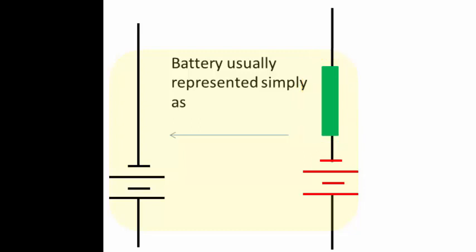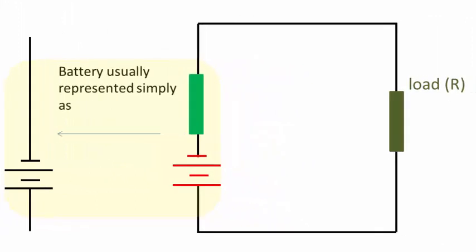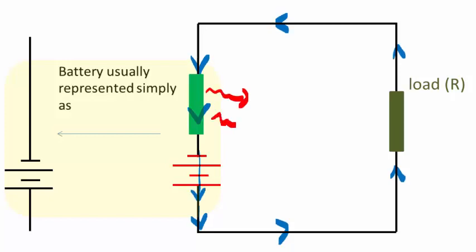So we can see that the battery has two parts: an energy supplying part and an energy removing part. When the battery is not connected in a circuit, then no current can flow through the battery. Then we can ignore the internal resistance because it doesn't remove any energy when no current flows. But if we connect this battery into a circuit like this, then current is going to flow through the circuit. And as it does, it also flows through the battery itself. And that results in the battery internal resistance removing some of the energy, some of the voltage, some of the